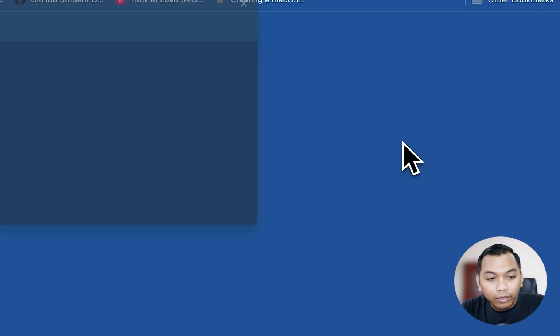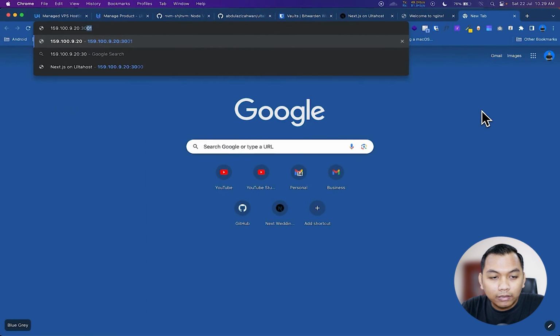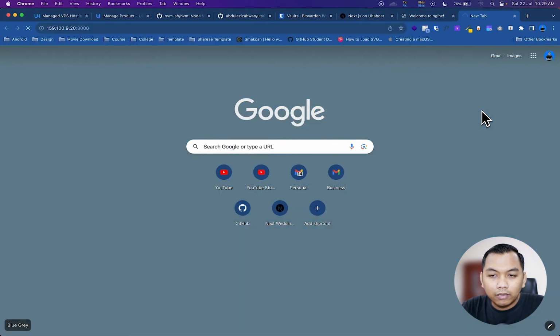And now when we try to access using port 3000, we don't see anything because previously we have enabled our firewall. So our firewall only accepts connections from port 80 and 443, and also from port 22, which means our SSH.